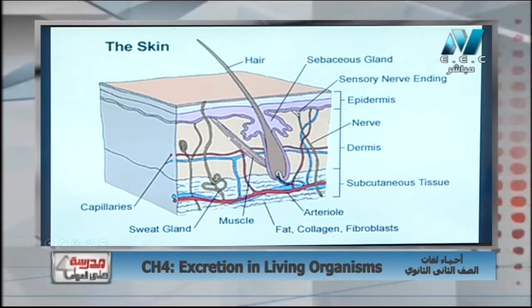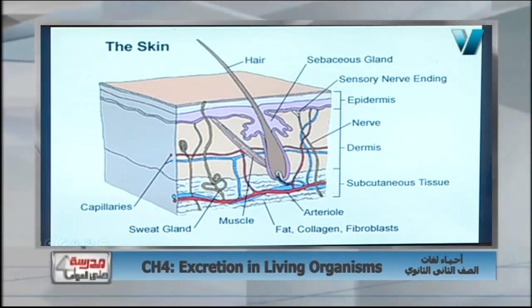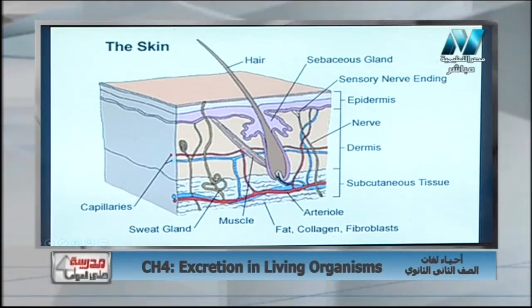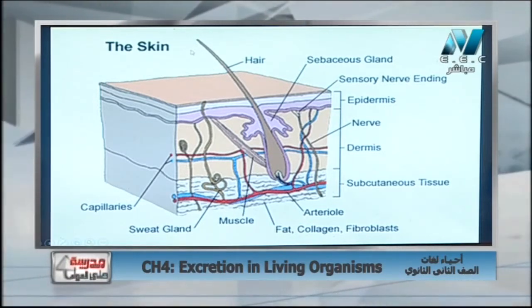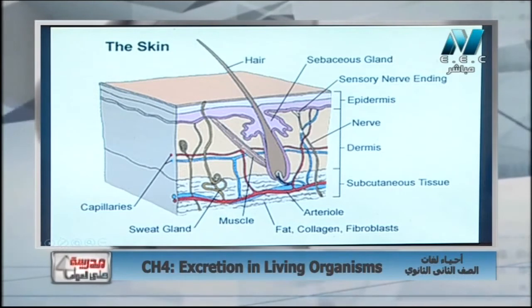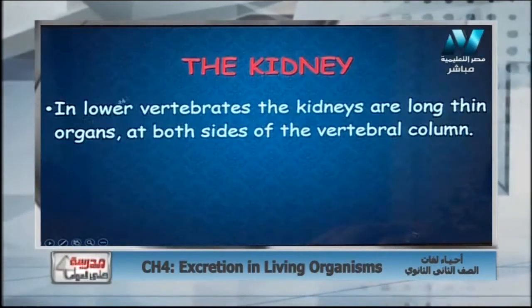Below the skin there is a fatty layer which is very important as an isolating layer between the body and the surrounding medium, in order not to feel very hot or very cold and to be protected from changes of temperature. Okay, so these are the parts of our skin.